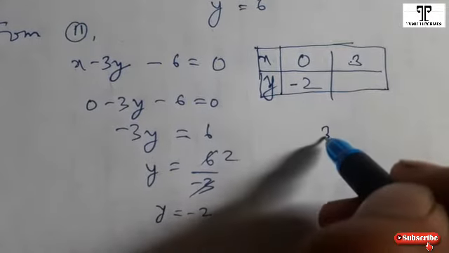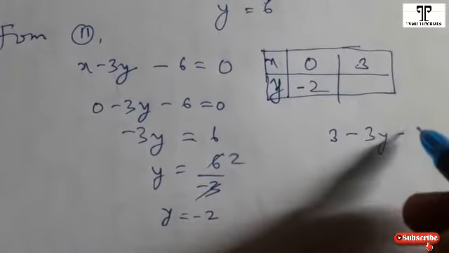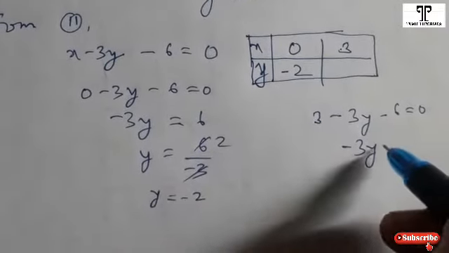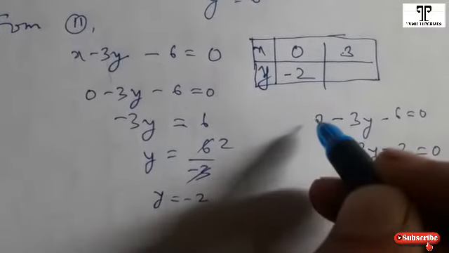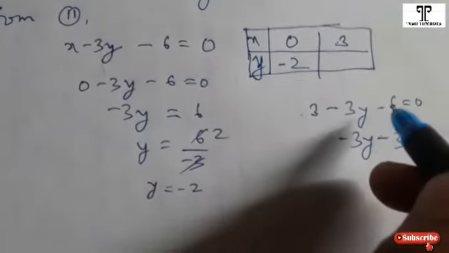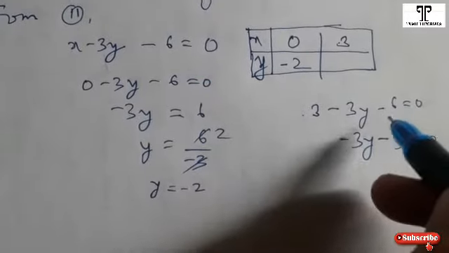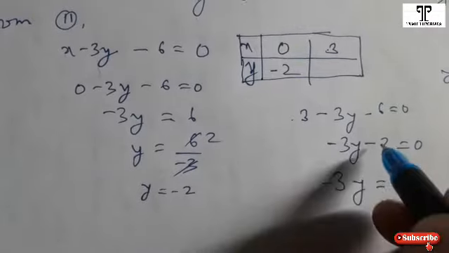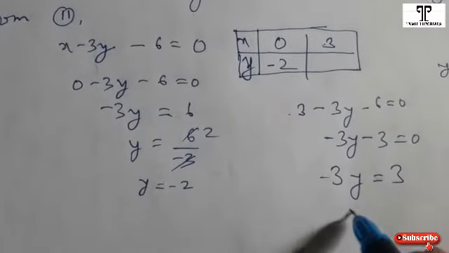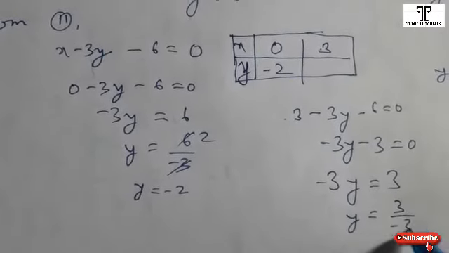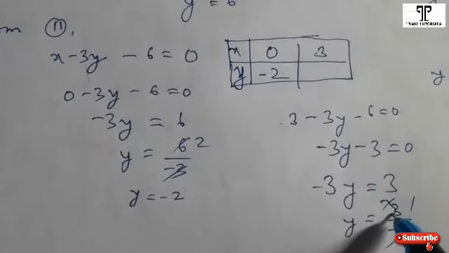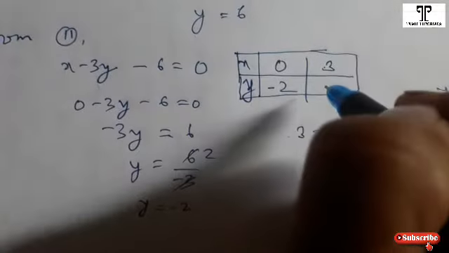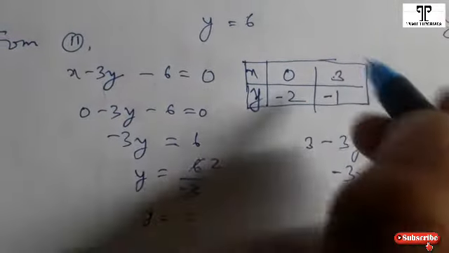So 3 minus 3y minus 6 equal to 0. So minus 3y plus 3 minus 6, so minus 3 equal to 0. Plus 3 minus 6, different sign, number gets subtracted. 6 minus 3 is 3, but the sign will be of the greater number. So minus 3y is equal to minus 3, that side plus 3. y is equal to 3 by minus 3. 3 1s are 3. So y is equal to minus 1. Okay, so two values we found for